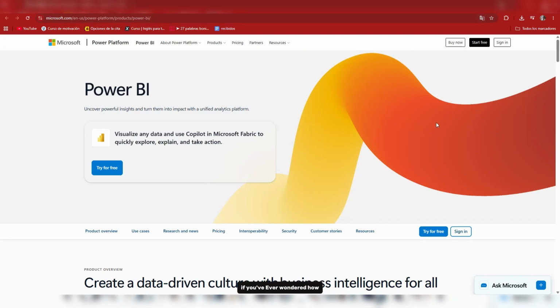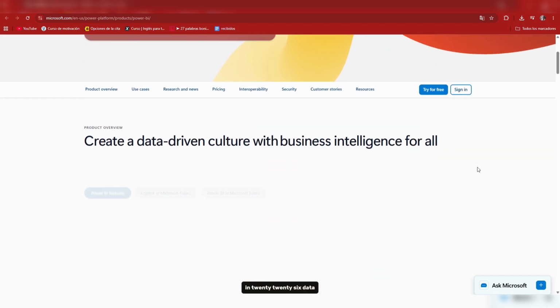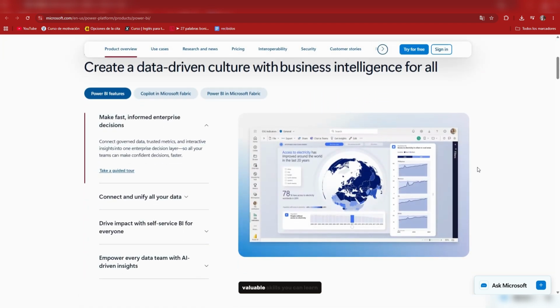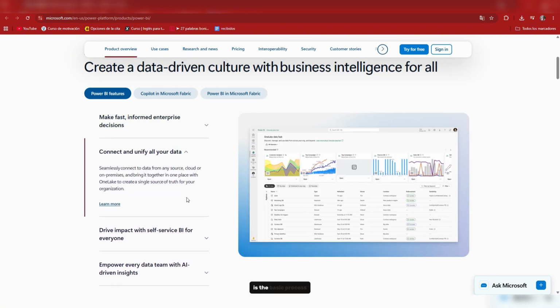If you've ever wondered how businesses make smarter decisions using data, you're already thinking about data analysis. In 2026, data analysis is one of the most valuable skills you can learn, whether you want to work in business, marketing, finance, healthcare, or technology. In this complete beginner's guide, I'll explain what data analysis is, the basic process, and the tools you should start